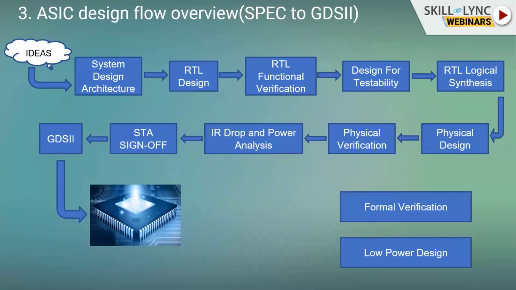Here you may have a question: how does the engineer at every stage work, and how should every engineer work in parallel? For RTL design, the system architecture team gives, say, 20 functionalities. Initially they implement 10 functionalities and send them to the remaining teams, while the RTL team develops the remaining 10 functionalities. Then those other people work on theirs. So everyone works in parallel, and they get the final product, the IC chip. This is the overall flow.